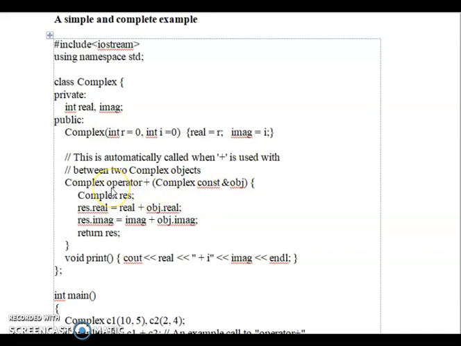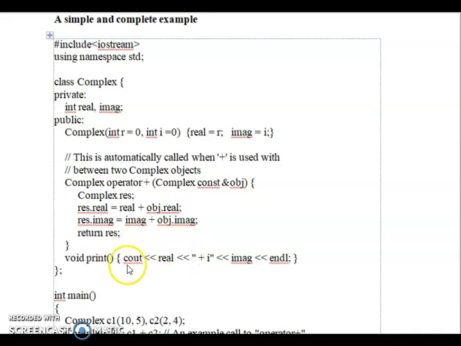This takes one complex object plus a complex constant object, and in the open brace we create a complex result: result.real equals real plus object.real, result.imaginary equals imaginary plus object.imaginary, and this is returned as the result.